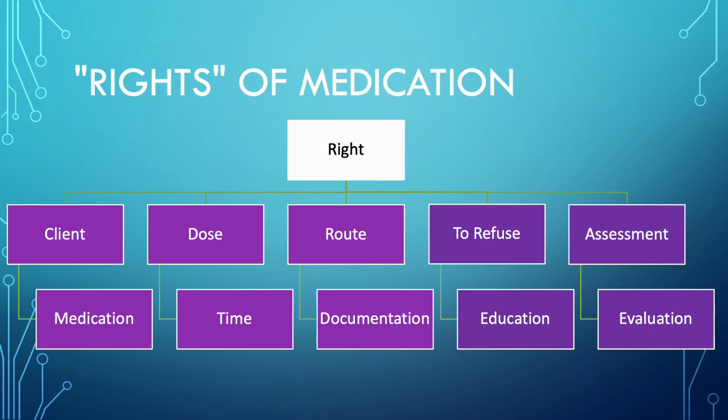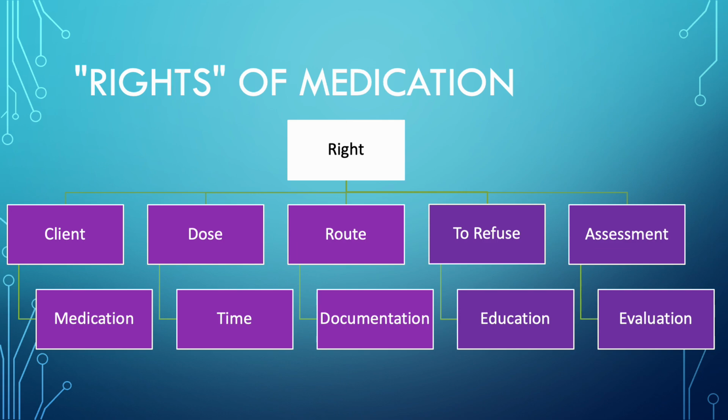Up to 10% of patients can experience unwanted side effects from reactions, and research shows that administration errors, giving them the wrong way, make up 60% of all drug errors. So to reduce the amount of drug errors, we have what's called the rights of medication. There used to be 5 and then 6, and now there's actually 10, but we're going to go through those. These rights were designed, and nursing students have to memorize them, because they have been shown to protect the interests of the patient and the nurse, so we don't give the wrong drug or the wrong dose or the wrong